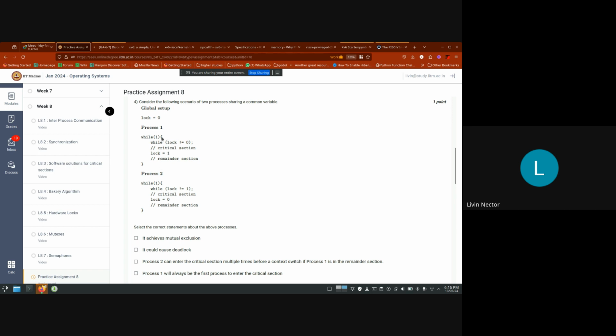Only when lock becomes 0 can this process enter the critical section. And after finishing the contents of the critical section, it will make the lock 1. And similarly, this process cannot enter the critical section when the lock is 1. Okay, right? So lock can be either of these values. So assume